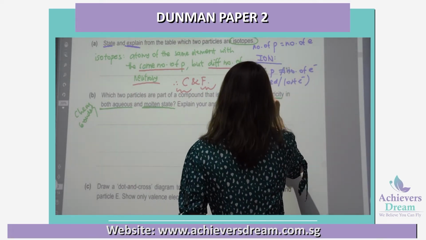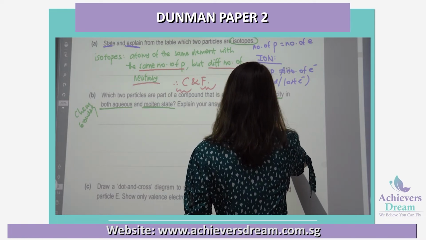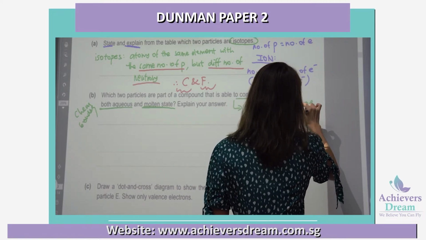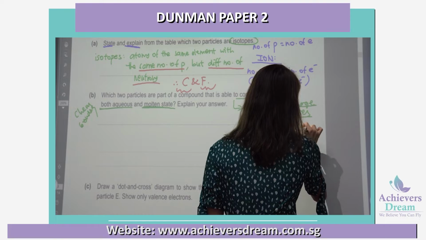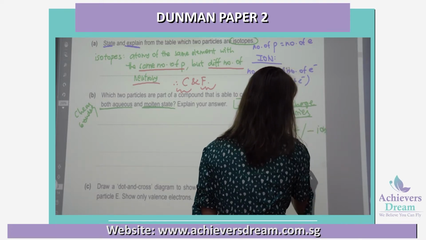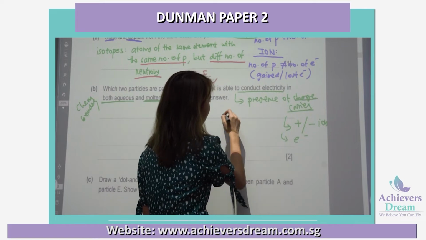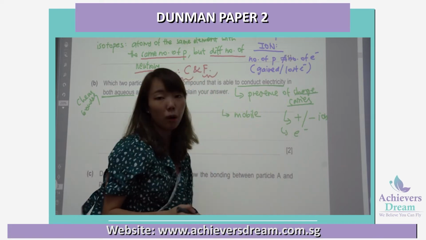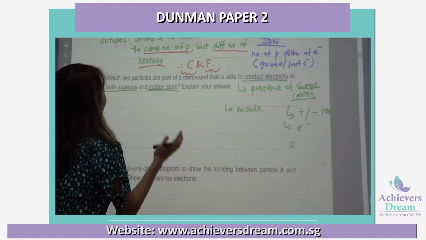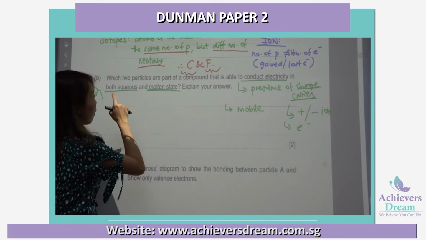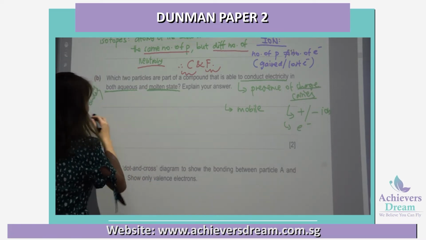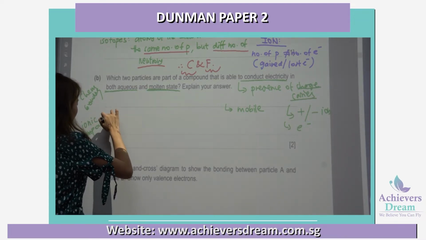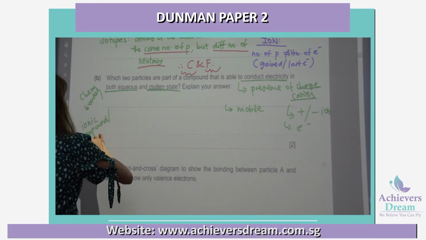First, there must be presence of charge carriers. In this case, your charge carriers can be either positive or negative ions or electrons. The second condition that you need to fulfill is they must be mobile, able to move about freely to conduct electricity. So which compounds can conduct electricity in both aqueous and molten state? It can either be ionic compound or metallic